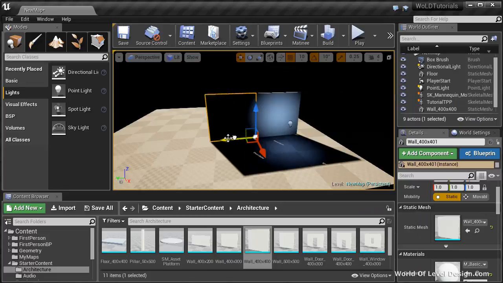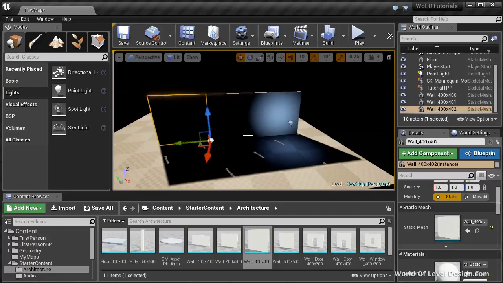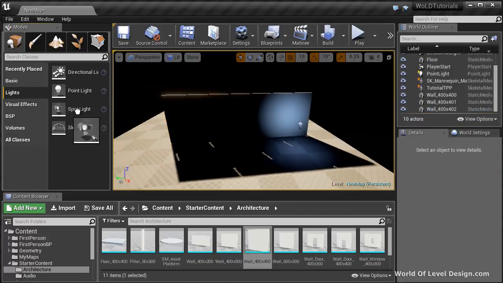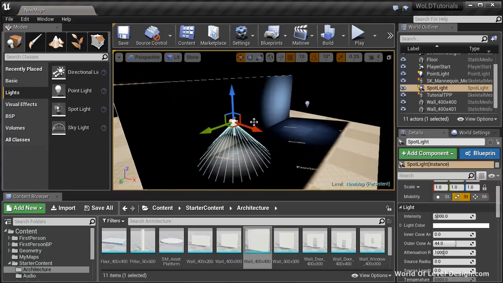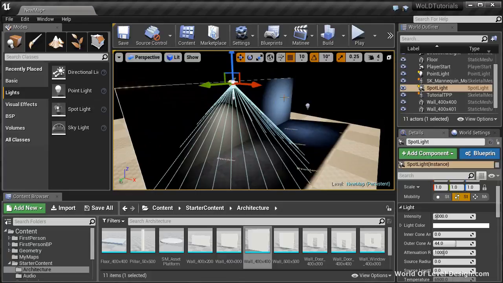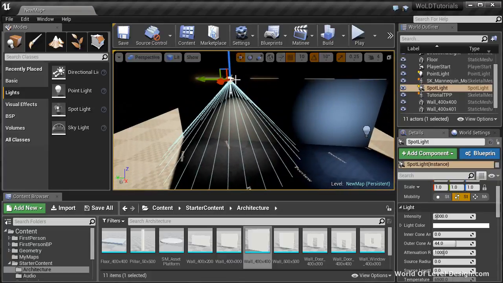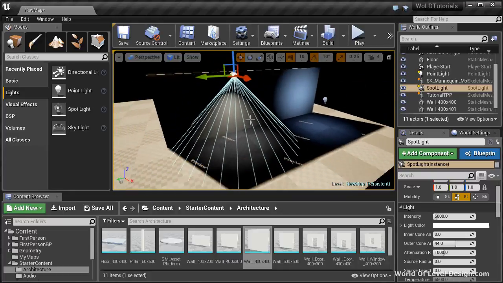And now let's insert one last light that you'll be using a lot, which is a spotlight. So I'm going to left click and drag spotlight from the same menu as for the other lights. This is a great light to use from a specific source, such as a lamp up above in the ceiling, maybe a searchlight or a street light. You can see the influence radius of this light,